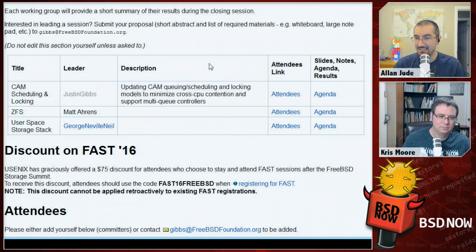And so it'd be very handy, so that working group will be working on sorting out the issues with that and trying to advance that. And then Matt Ahrens will be leading a ZFS working group, which I'll be at. And we've not decided everything we'll talk about yet, but some of the stuff we want to talk about is OpenZFS